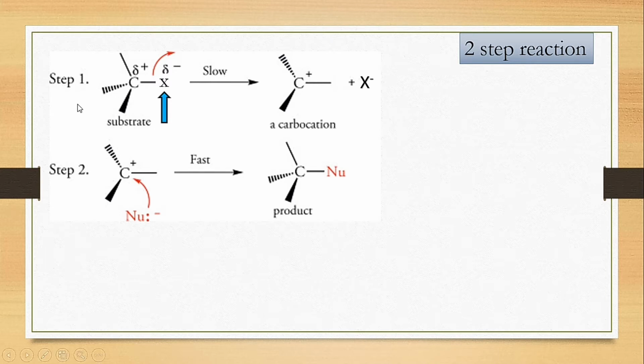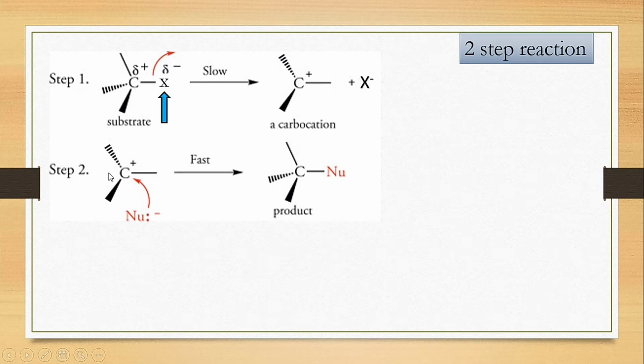So in the first step the halogen part will leave first, and the remaining part will form cation. Halogen part will leave first as an anion and the remaining part will form cation. Now see, the plus sign is on the carbon atom, so this is actually carbocation. Here the C-X bond will break and then carbocation and anion will form. So you need to break the bond in the first step. So this process is actually slow process.